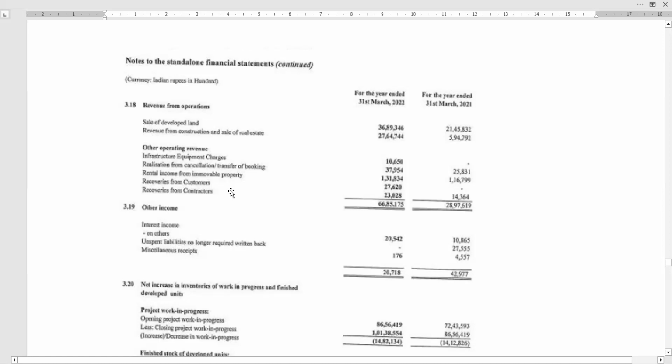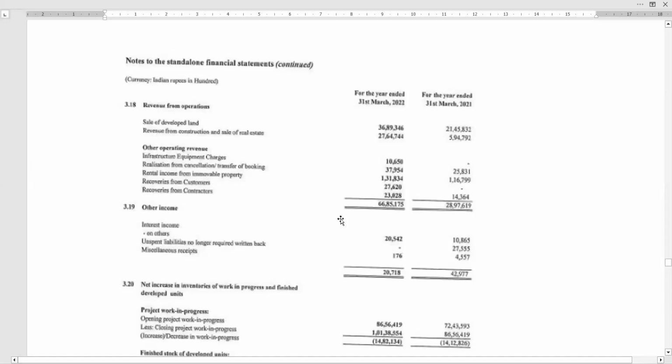Okay, recoveries from customers, this is, say, it might be some additional work which they would have got it done. So they would charge any customization charges, something like that. It is not their main operation, but as a part of business, in the process of selling the units, they would have committed something and they would have got it done. So recoveries from customers, they would recover actual cost, additional cost. Recoveries from contractors also there, if there are any